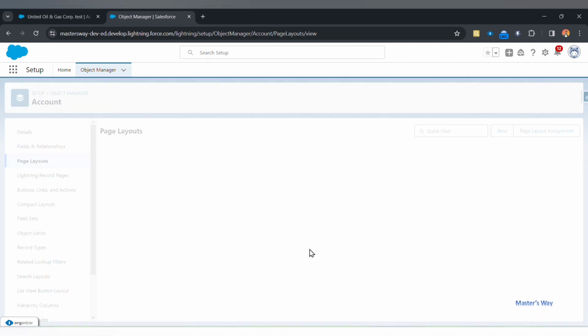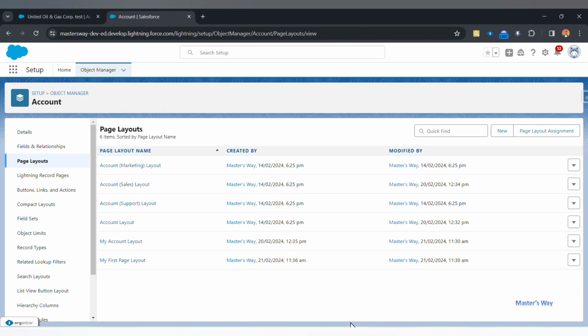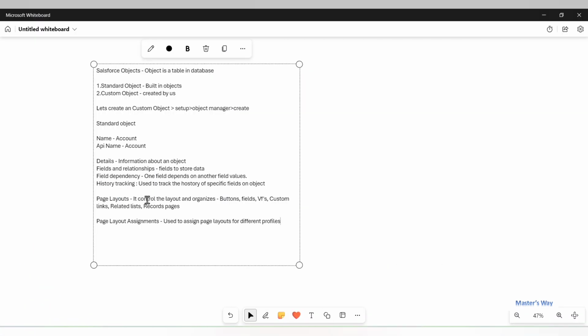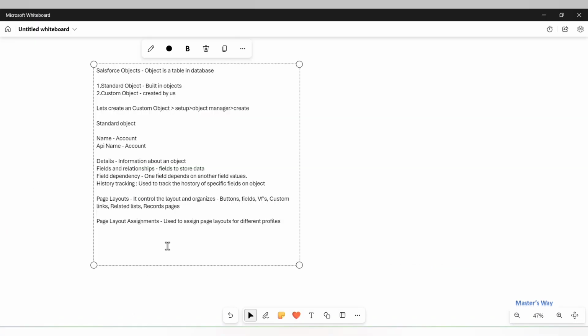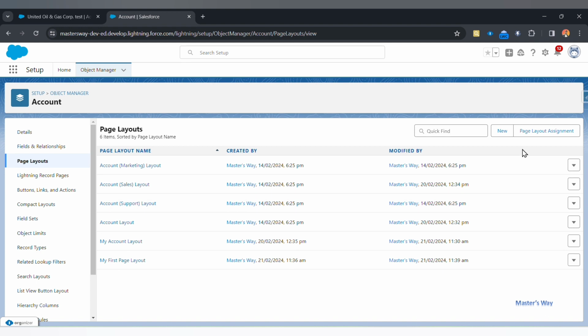What we have done, we have just controlled the layout: organized buttons, fields, related list. We have done these things. Page layout is used for these things only, okay. Let's see the output. So we just created it, but we haven't assigned it to anyone, right? You can see page layout assignment is used to assign page layouts for different profiles. So we should assign this to our